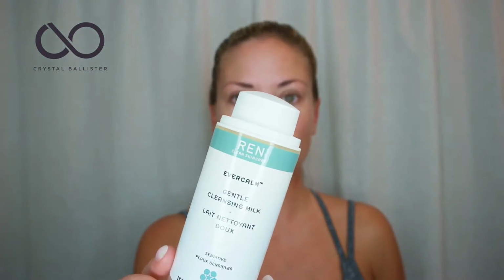So shower products, face cleansing products. There's 2 that I use. One's a cleanser and one's an exfoliator. The cleanser is from the Ever Calm line. So again, if you have sensitive skin or rosacea or anything like that, the Ever Calm line within REN always has this kind of sage green label. The Keep Young and Beautiful is the dark purple. So you'll notice a trend in the packaging color, so it's easy to identify which products fit your skin. Anyway, the Ever Calm Gentle Cleansing Milk,